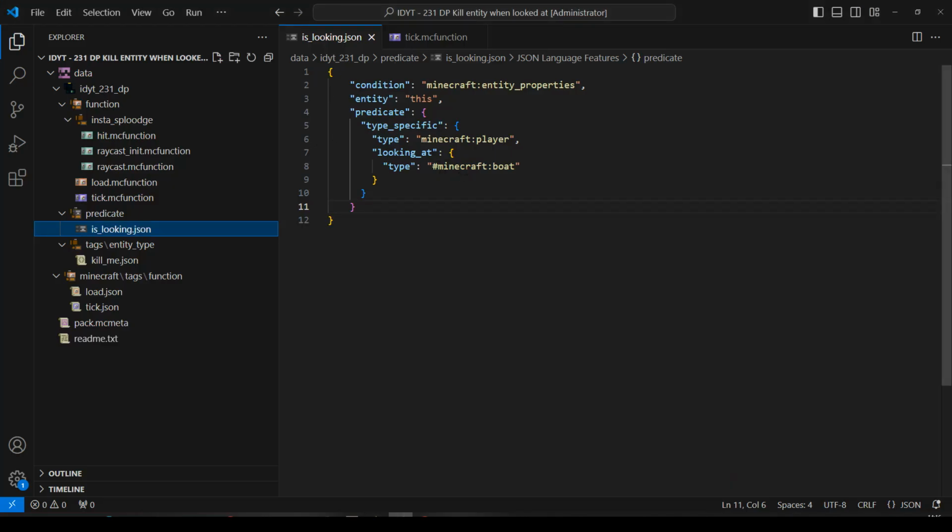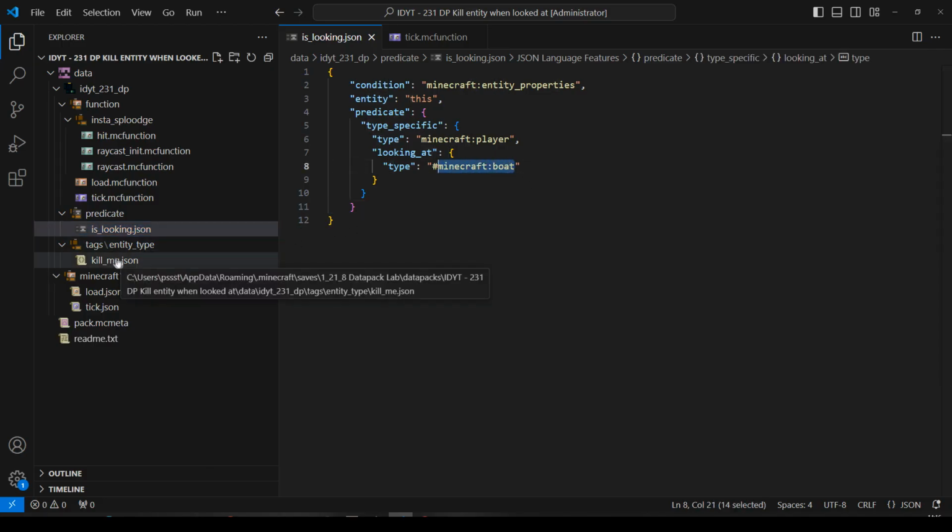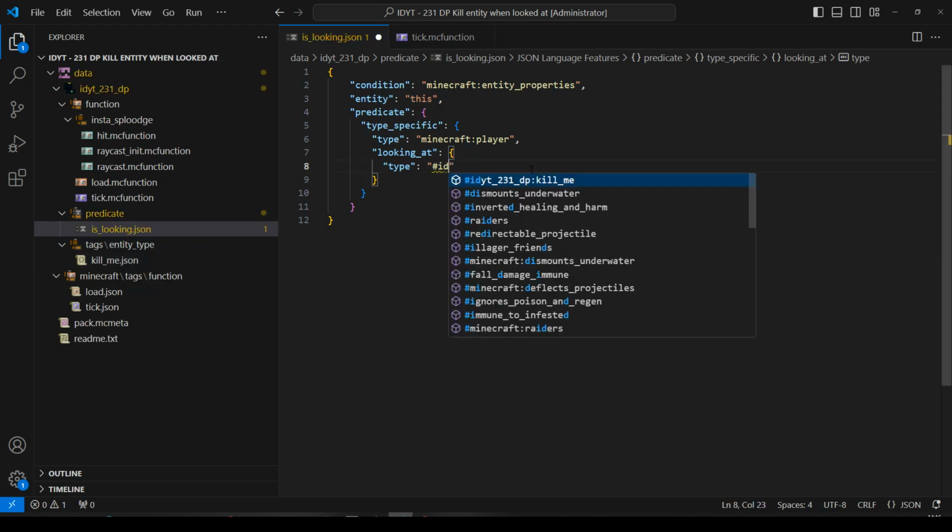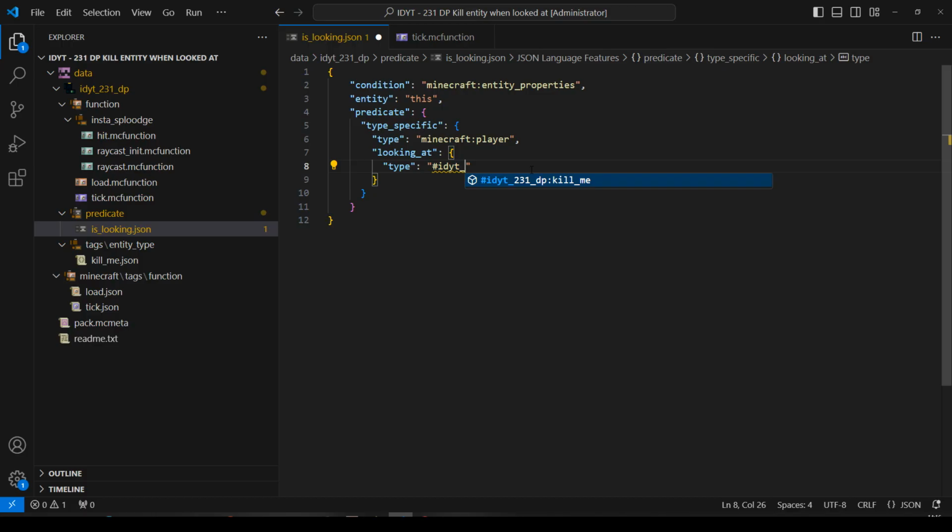So let's change this is looking predicate. Instead of using the Minecraft namespace boat, it uses my namespace, and we called it kill me. So my namespace is IDYT episode 231 Datapack. In fact, look, it's already bringing it up. Kill